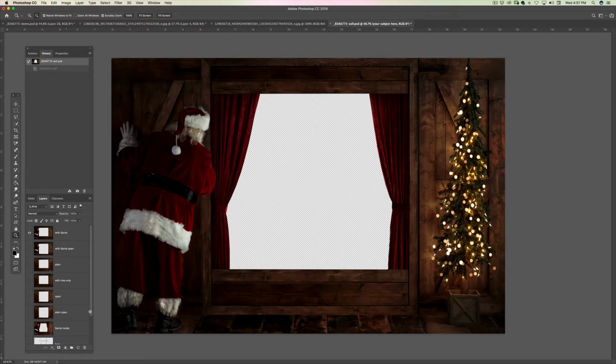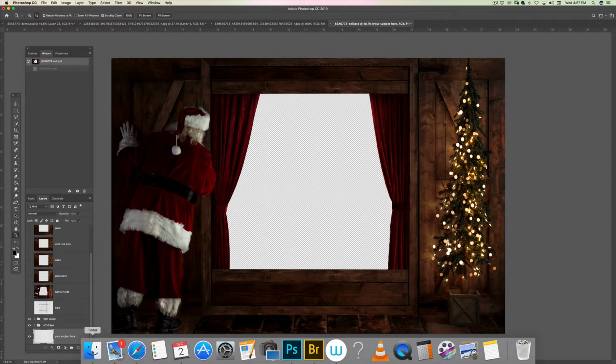So let me show you how I'm going to drag a picture here inside. When you open this file, this layer is going to be highlighted, which means if I drag a picture, it's going to go behind all of the layers. Okay, and I'm going to work with